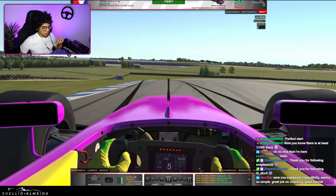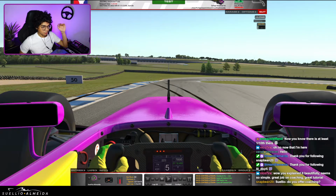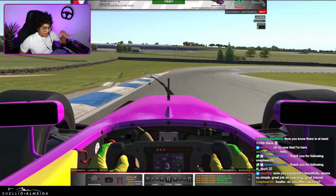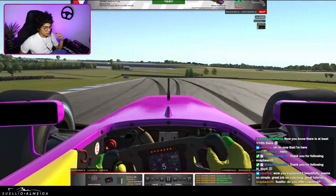Then you want to bring the car back here, and here we have two braking zones. The first before the jump, and the other one after the jump ends. So I'm braking here, but now I'm waiting because the car is falling. And then here we can brake a little bit more. You see my braking, it feels